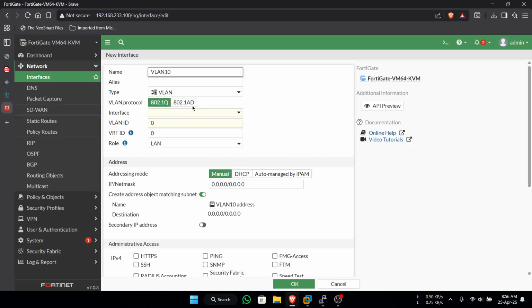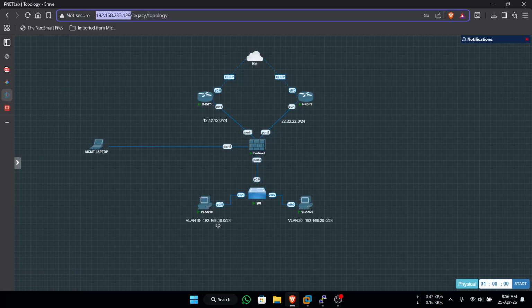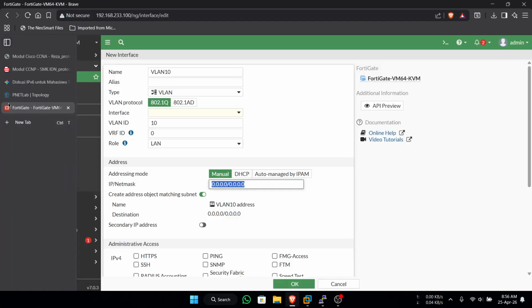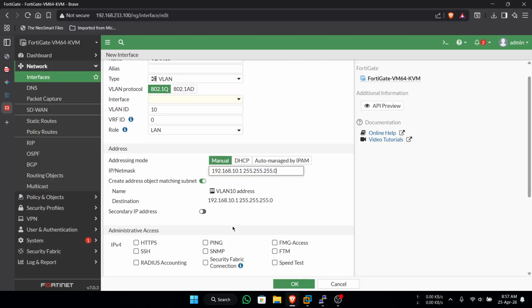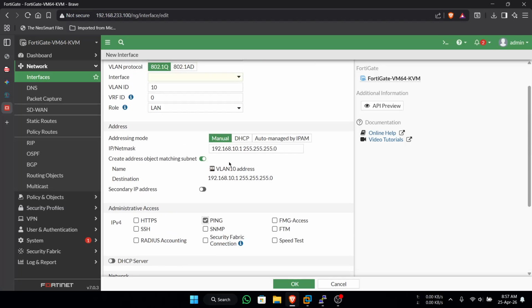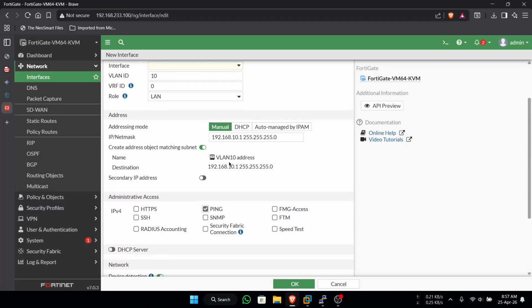Okay, make sure the IP address is like this, 192.168, then gateway using /24, and check ping.